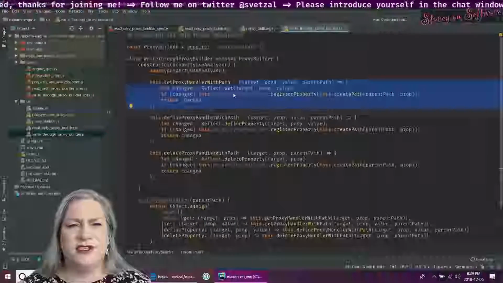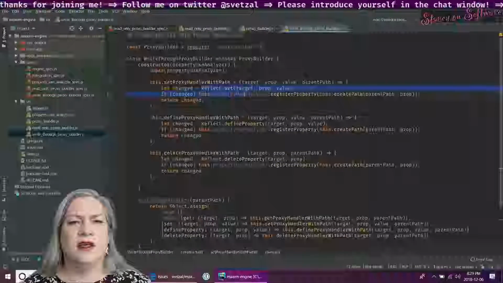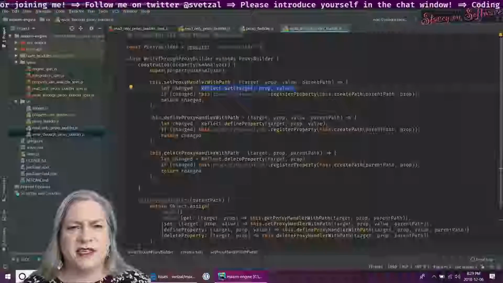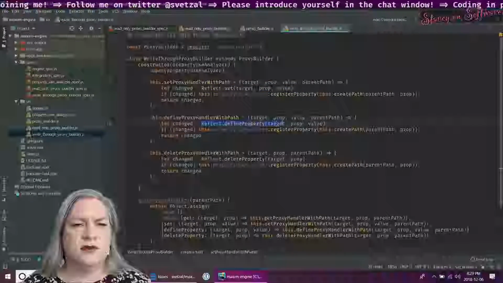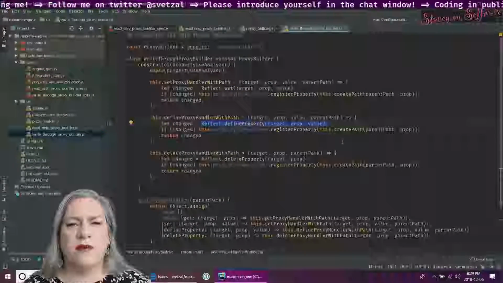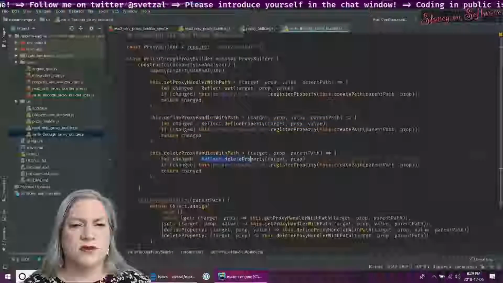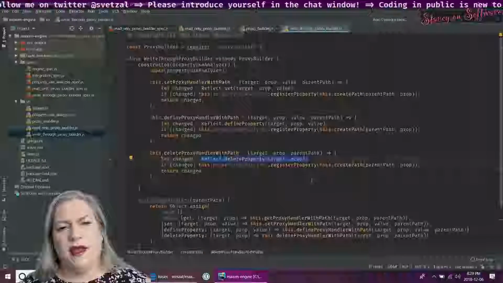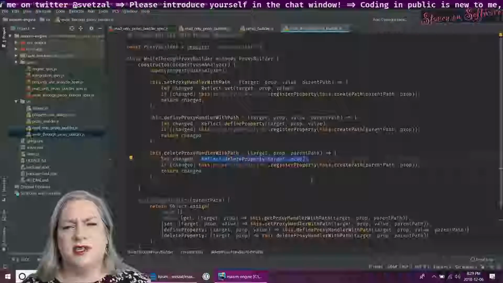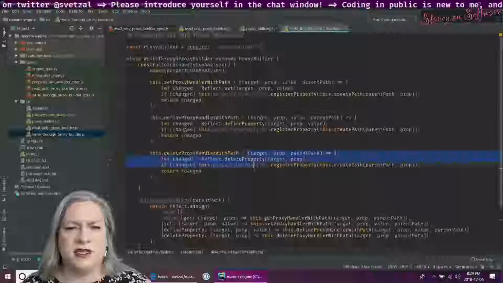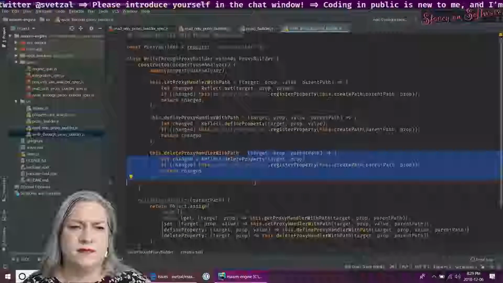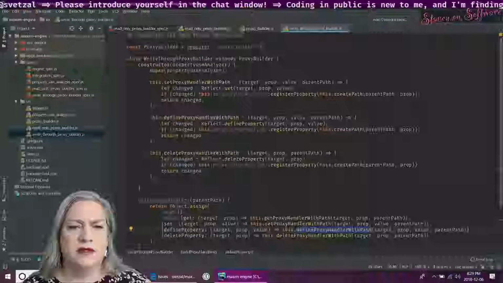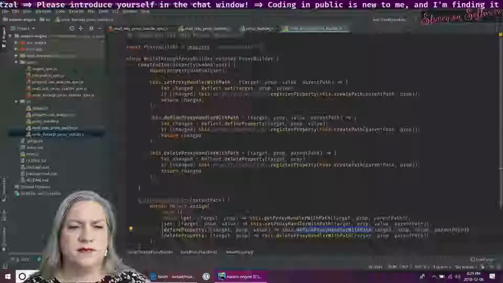The difference is in this call. This one is using Reflect.set. This one is using Reflect.defineProperty. This one is using Reflect.deleteProperty. And these assignments are happening inside this lambda, which is then used later on down here.